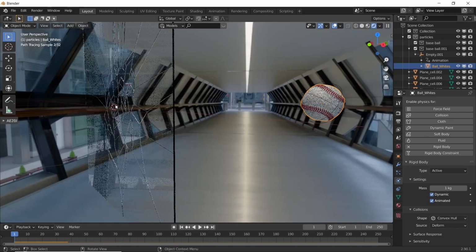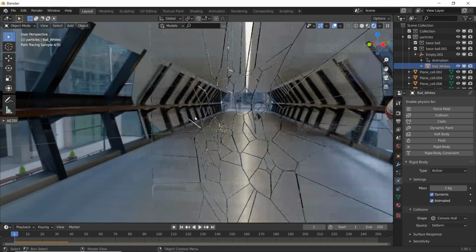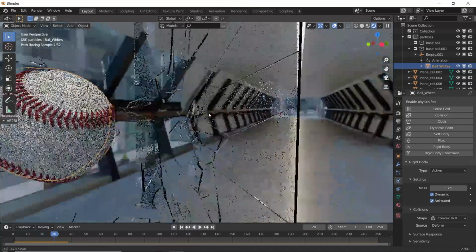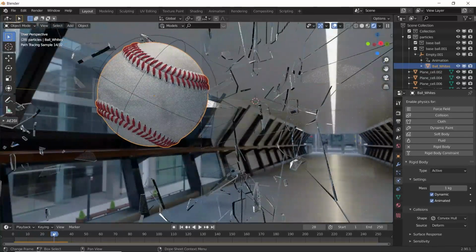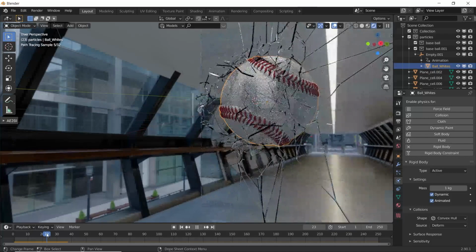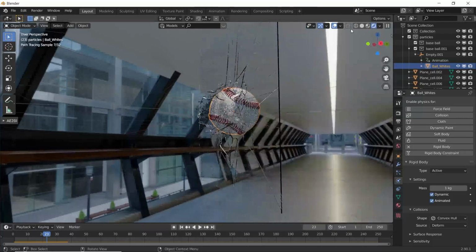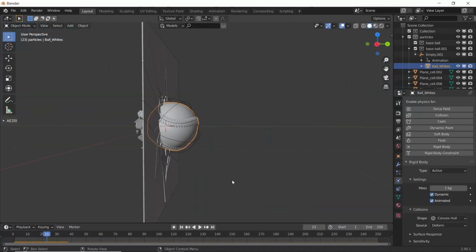Let's go to render view and let's see how it looks. Okay, this is nice. Let's decrease the scale.